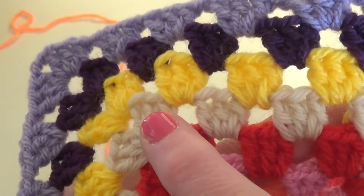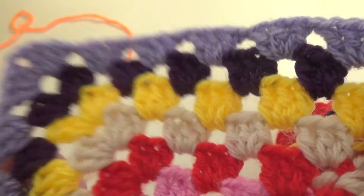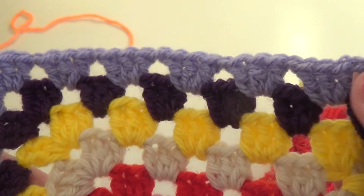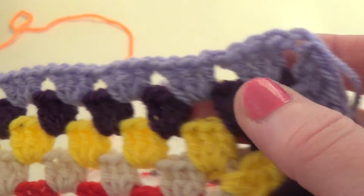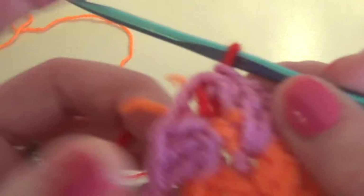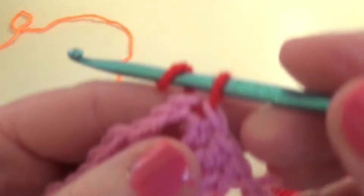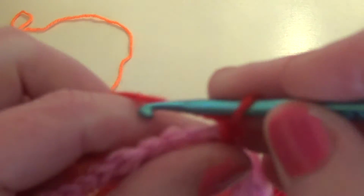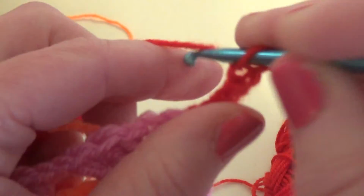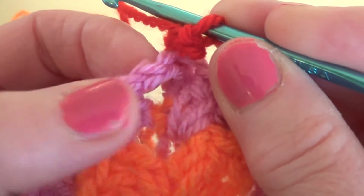When we have this yellow color, we have 2 corners and 3 petals between. In the mauve, we have 4 petals. And in the lila, we have 1, 2, 3, 4, 5 petals. So you can make it as big as you want. This is the 3rd row, and we are chaining 5, 2, 3, 4, and 5, and we go into that